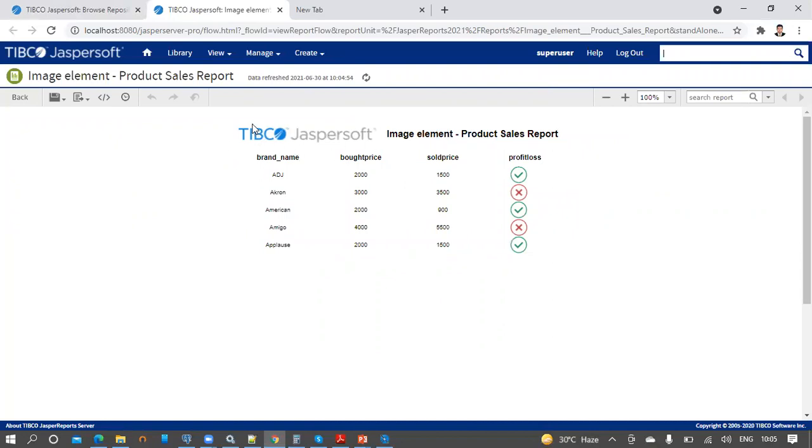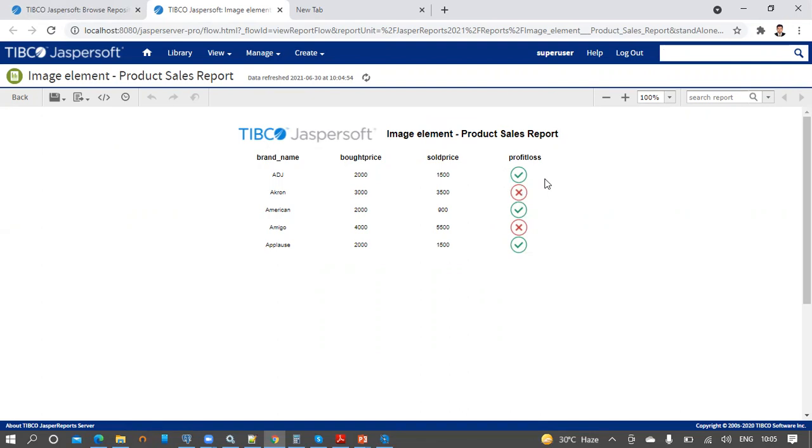So this is the company logo here, and we can see positive values are displayed with the right icon, and negative values are displayed with the wrong icon. So this is how we can work with the image elements with the Jasper report server as the selection mode.